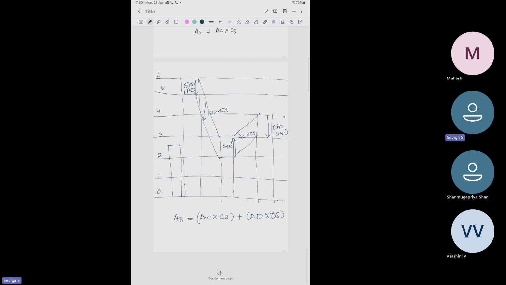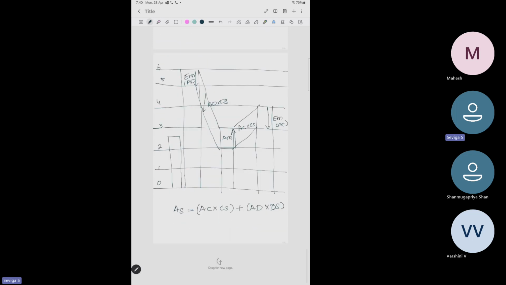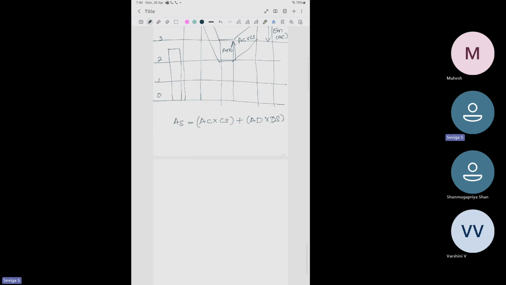So if you look at it, there are two changes in error. One due to the connection between A and C and another due to the connection between A and D. So the total change in error is nothing but the summation of both errors. When the output of neuron A is used by both C and D, the resulting changes of the error will add together. So previously, if the error was this much, this is the change in error from AC. This is the change in error from